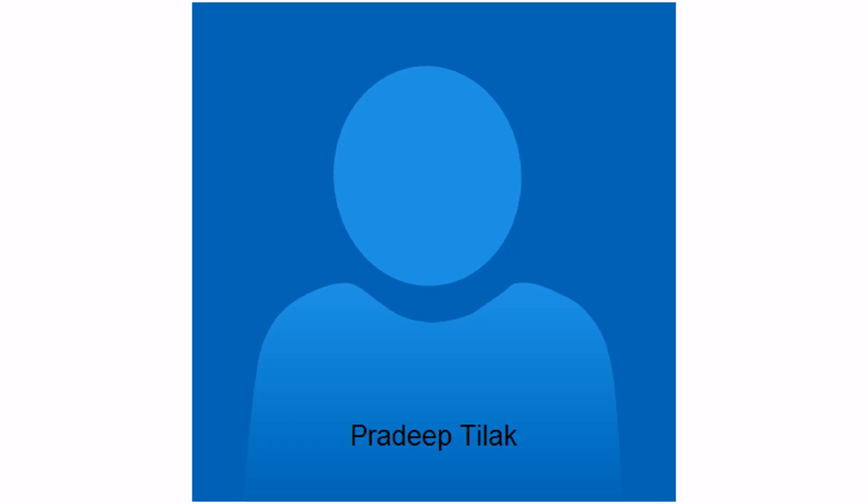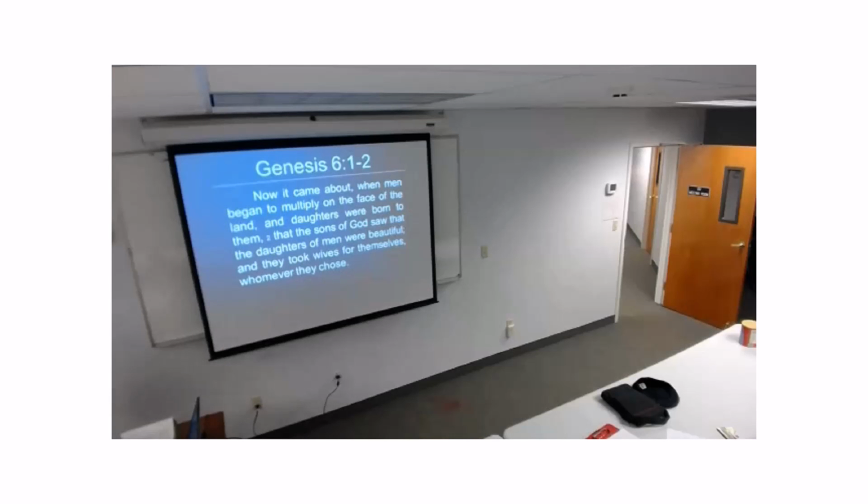So let's go to Genesis 6 as we continue through Genesis. We're going to pick up the pace here. As you can see in the first 2 verses, you have an event which is kind of confusing. Men multiply, so you have people populating the land, and men and daughters, and then you have the term there called sons of God. And the daughters of men are beautiful, and they took wives whomever they chose. The question is, what exactly is the sons of God talking about? And as a result, we're going to see verses 3 and 4 as well.